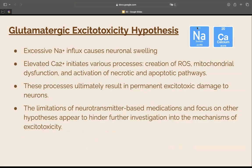But excessive sodium specifically causes neuronal swelling, and elevated calcium levels initiate various processes, including the creation of more reactive oxygen species, more ROS than the system can handle, mitochondrial dysfunction, activation of necrotic and apoptotic pathways. And these processes ultimately result in permanent and cytotoxic damage to neurons. Well, I hope that at this point it's starting to become clear how interconnected all these hypotheses are and how they all cause each other and are affected by each other, which is why developing treatments for